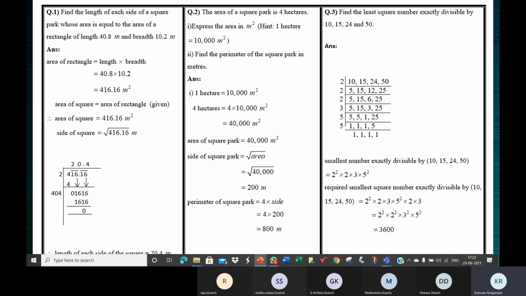Tell me the dimensions of a square and a rectangle where their areas are the same, children. Meaning, give the dimensions of a rectangle and a square where their areas are equal. Yes, I'm waiting for the answer. Ma'am, you are asking which type of rectangle has same dimensions, ma'am?